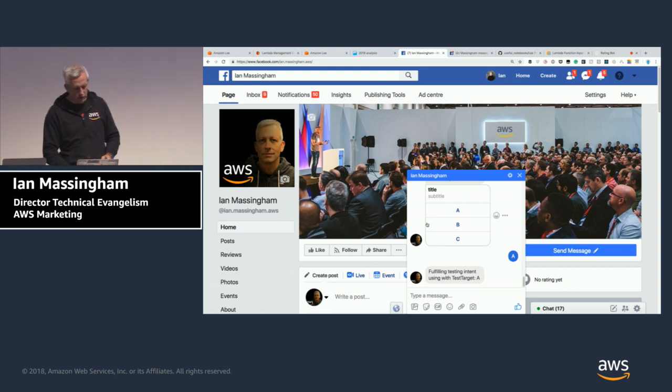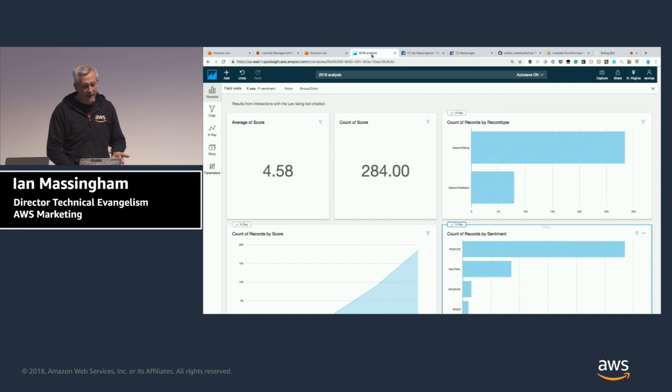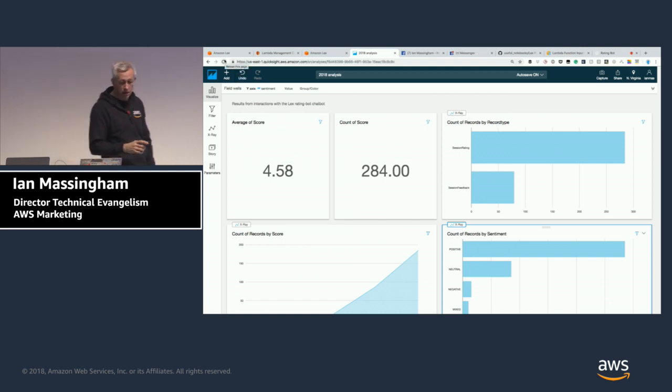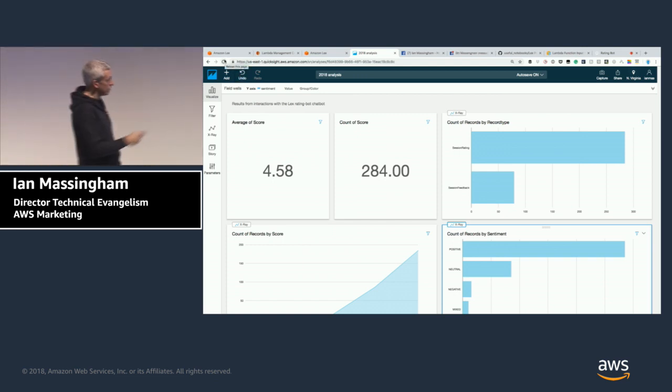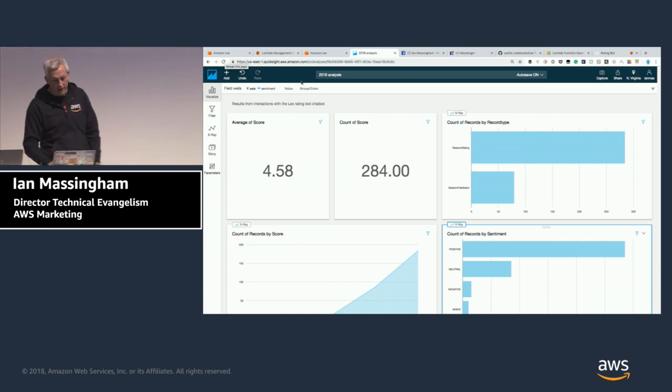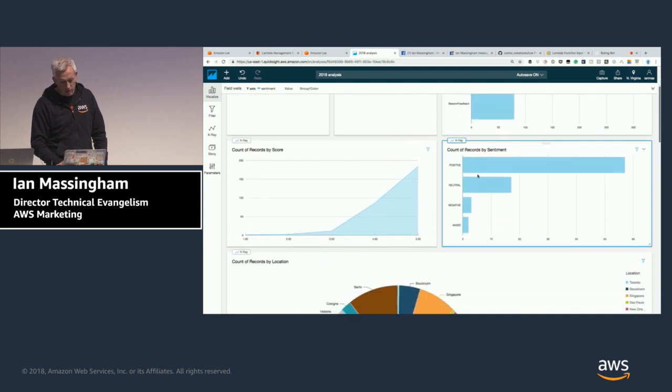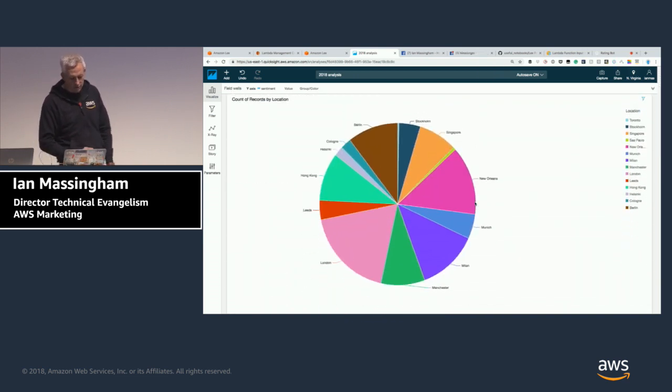The first thing is, of course, the results. So at the back end of the analysis, we send the data into this service called Amazon QuickSight. And before this session, I'd received 284 scores so far this year, with an average of 5.8. With mostly positive reviews, 57 positive, a few negative reviews, in all these different locations around the world. Okay, so this talk's been done quite a bit. If I refresh this,